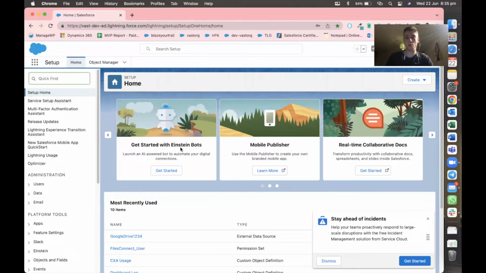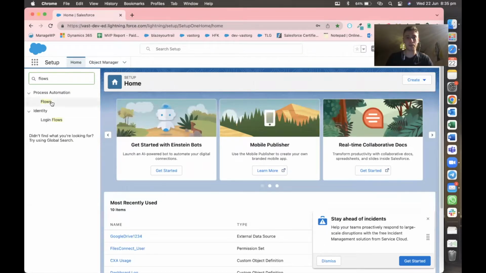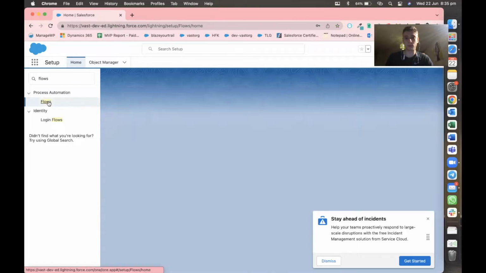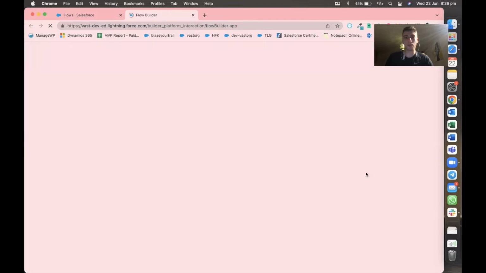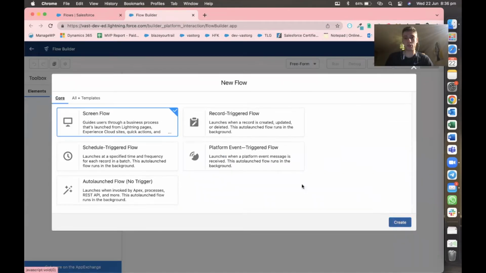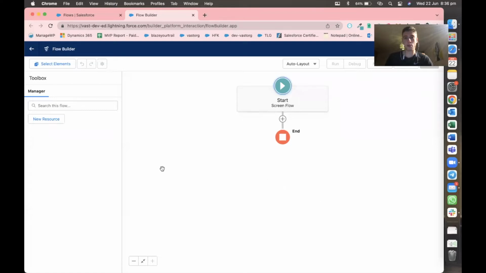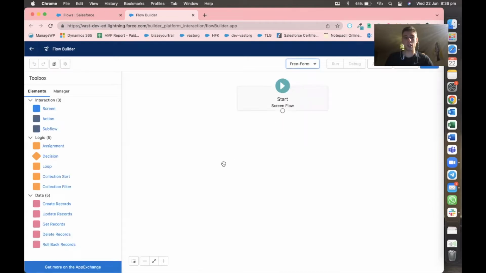So what I do is I'm on my Salesforce instance and I will go into setup and write flow. Okay, so I click on flow. Then I will create a new flow and specify that I want to create a screen flow. As you can see, there are different types of flow, and I will choose a screen flow. I click on create. And I will choose freeform to see all the elements available,